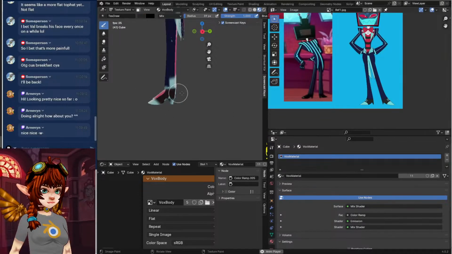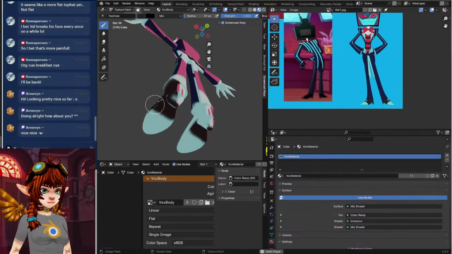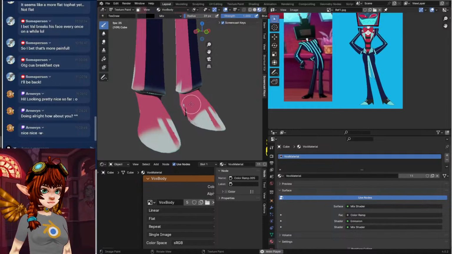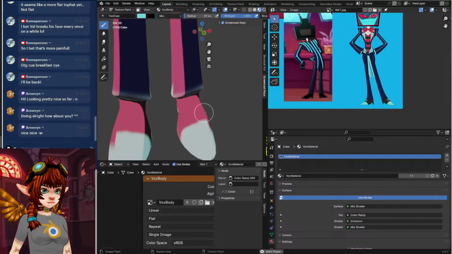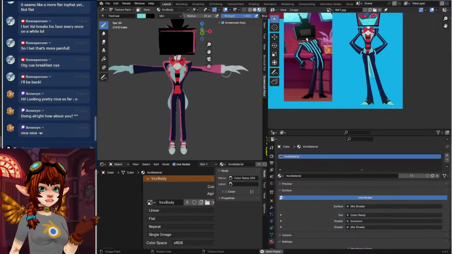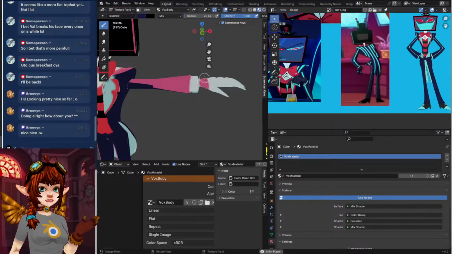Okay. Okay. Looks to me like it's the same color here as this. So we're just gonna